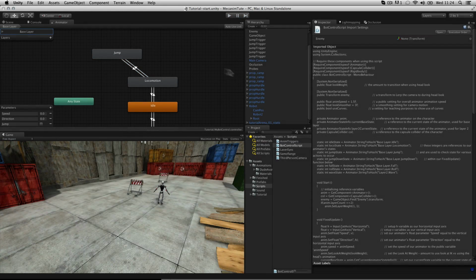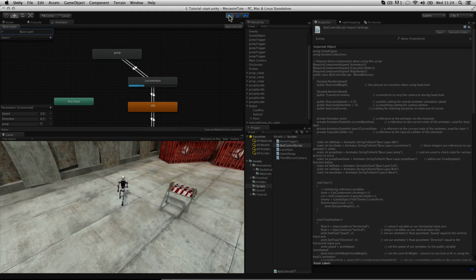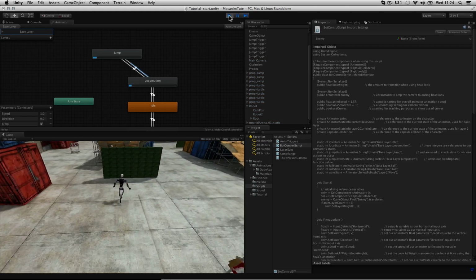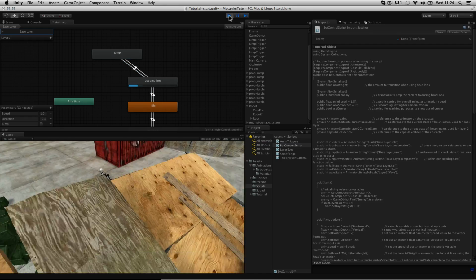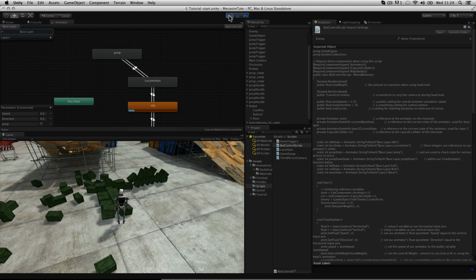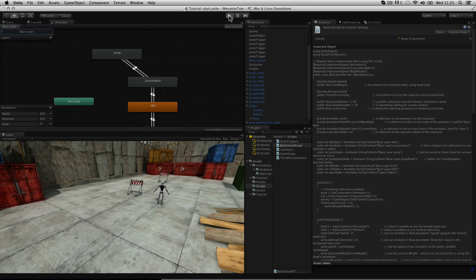Let's stop play and take a look at what else we can do with this animation. One cool thing about this is that now we've effectively got ourselves a character that can jump, but there is a problem with doing it in this way, because if we just jump straight into this pile of boxes, you can see that when I look back, I've walked straight into the pile of boxes, whereas really I should have jumped over the first row at the bottom. So the reason for that is that when we're jumping,